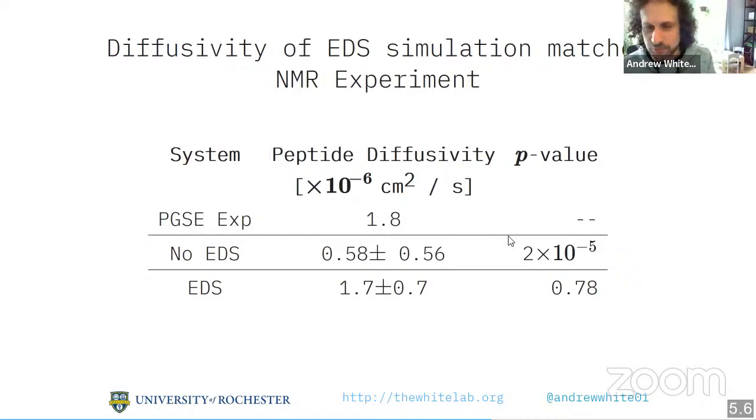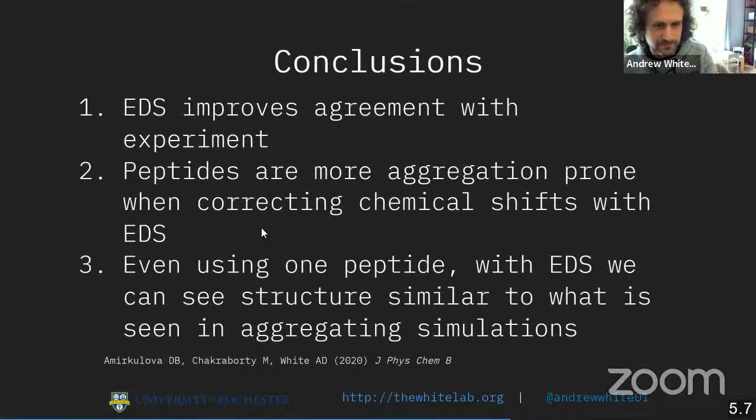Thank you, Ron. So we found that the diffusivity agreed with the experiments after doing the biasing with EDS. So you can read more about this paper here, but basically EDS helped us get better accuracy of the structure,